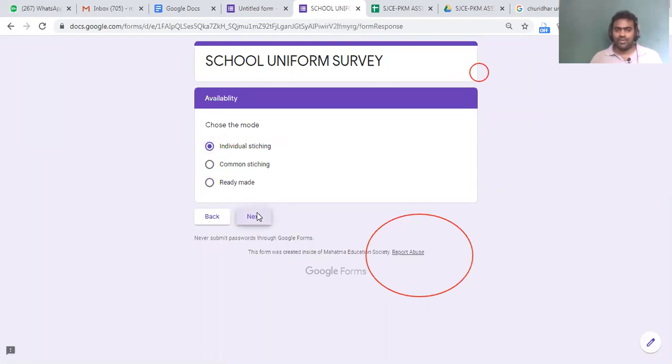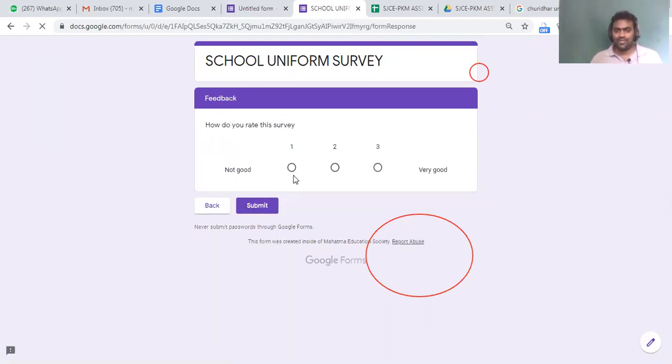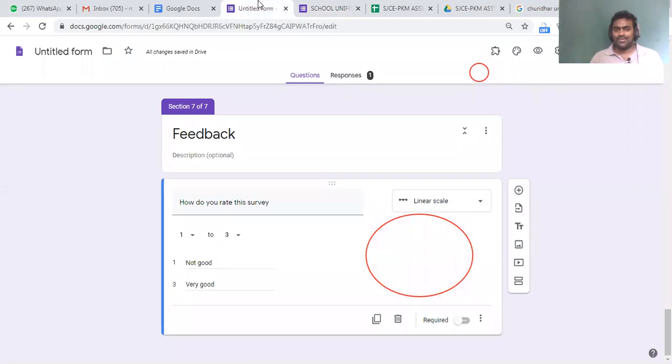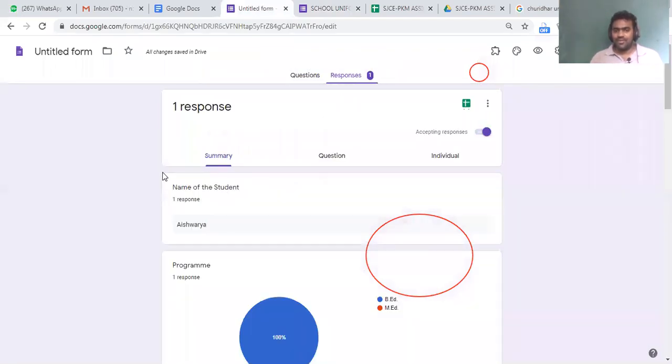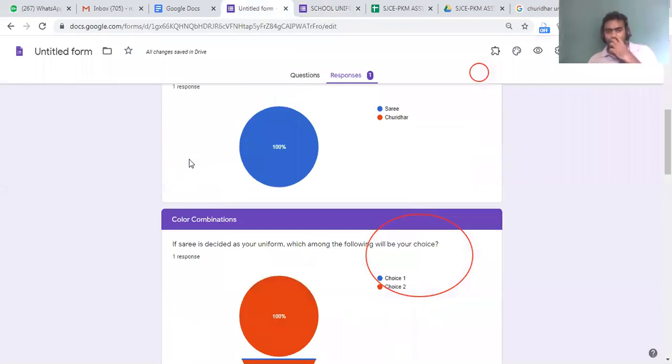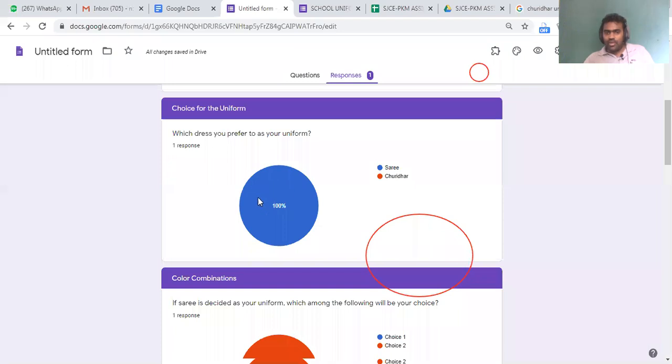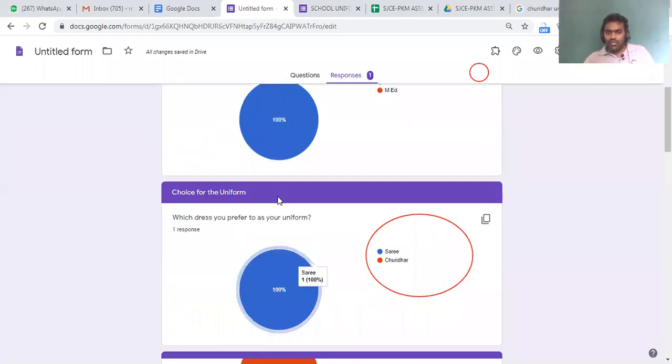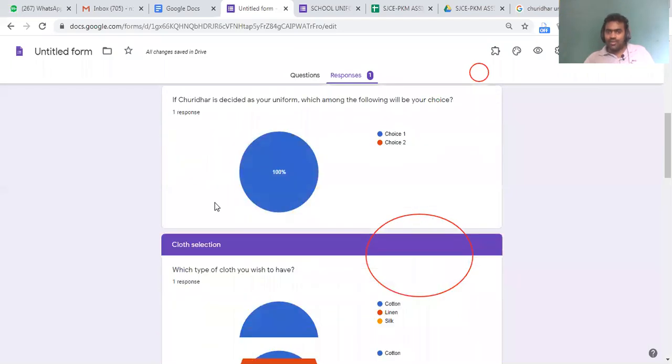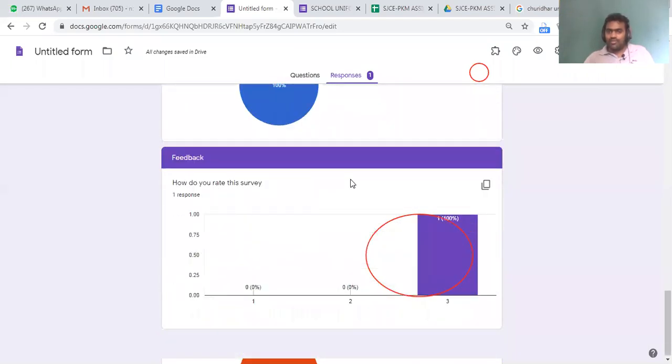Okay, individualized stitching would be done. Thank you. So the survey will be coming like this. We can come to know overall how many are preferring sari, churidar. We will come to know at a glance. The same way, this would be very effective.